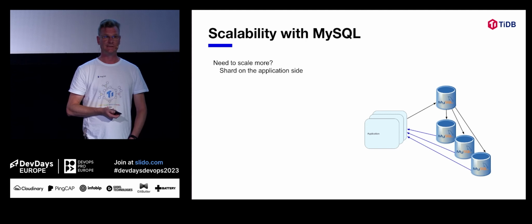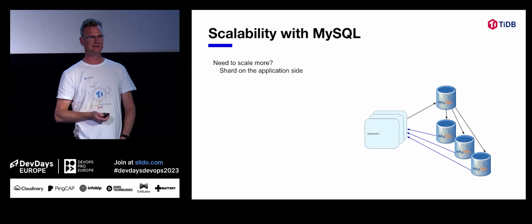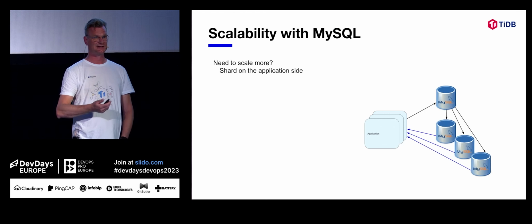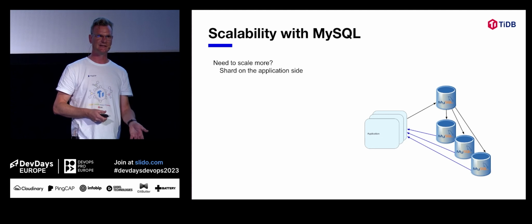Then it's an even harder problem when you want to scale further, because now you're already at the biggest instance throughout the replication chain. Then you start doing something like sharding. And sharding means that you're more or less breaking a lot of standard SQL concepts. For example, transactions. You have different shards that are different instances, so you can't just commit a transaction as a